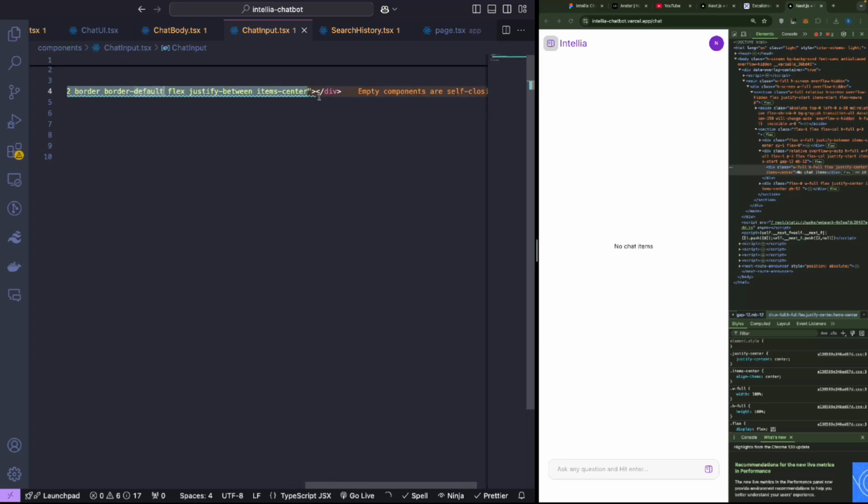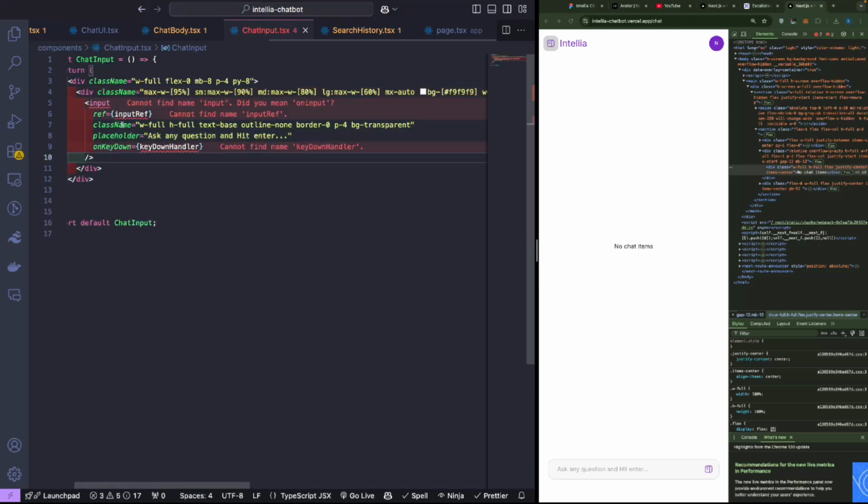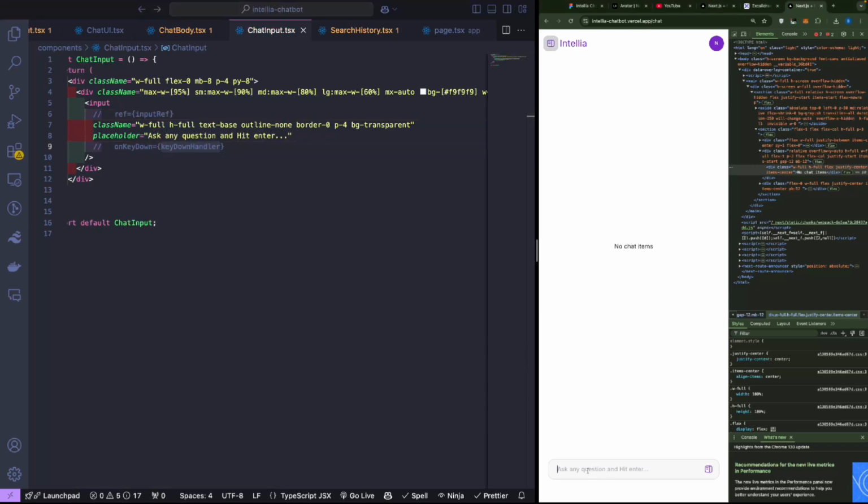And inside here right now, we need to have an input, okay? And the input should be like this. So we have an input, and we basically have an input reference. So that's going to be for later. I'm not going to do that right now. And then an on key handler. So in case here we click on it, and then it should call some API. And after that, we need to have